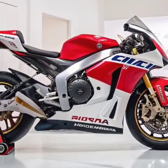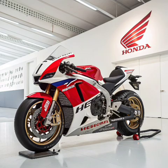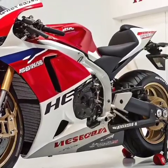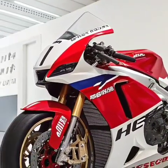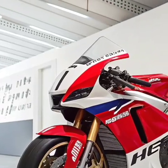for non-professional riders. The seat was ergonomically designed for comfort during high-speed riding, the foot pegs and handlebars were adjustable, and the dashboard provided riders with detailed telemetry, similar to what racers used during MotoGP events. In every sense, the RC213V-S was more than a motorcycle, it was an experience meticulously tailored for those lucky enough